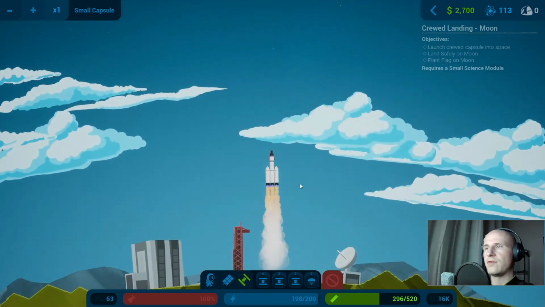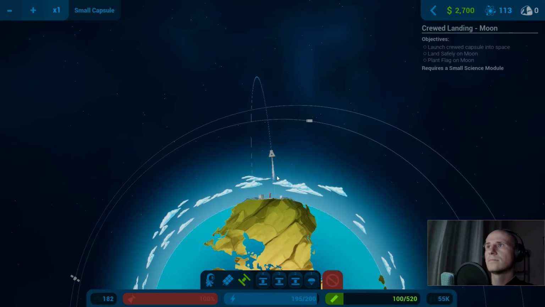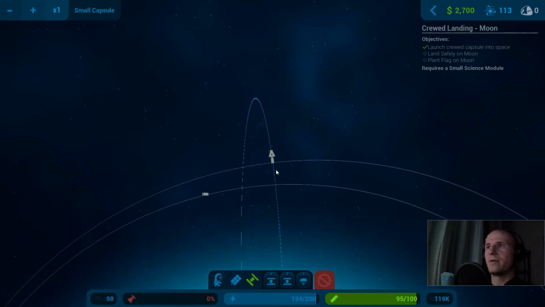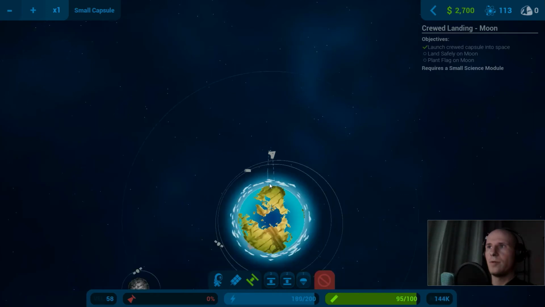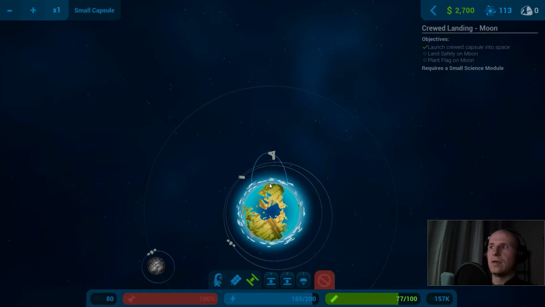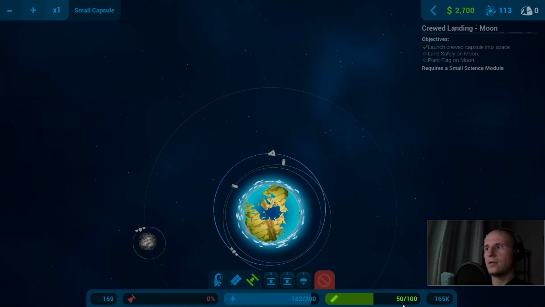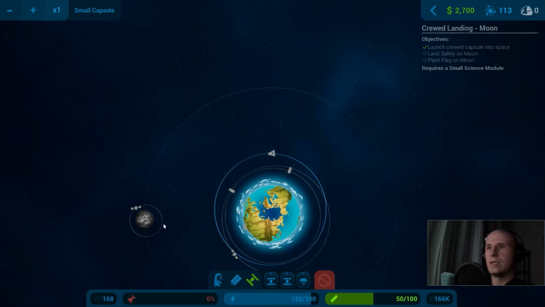So all 3 of these will run out of fuel at the same time because they're all connected. And that got us into... Uh-oh. Slow down. That got us into space. Now we need to circularize our orbit. Okay, increase thrust, and then we're gonna run out right there. So we circularized our orbit, but we still need to